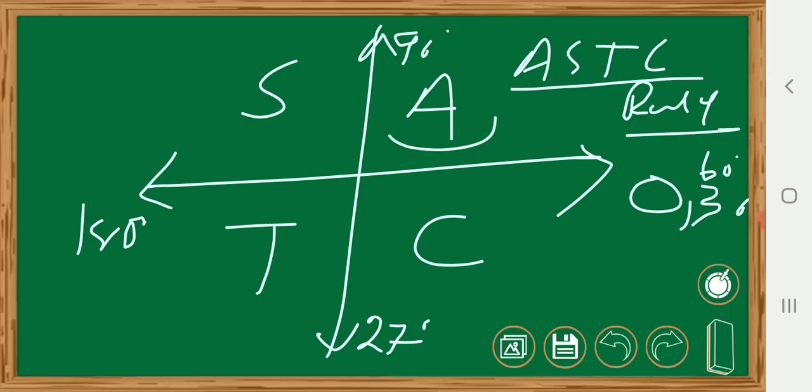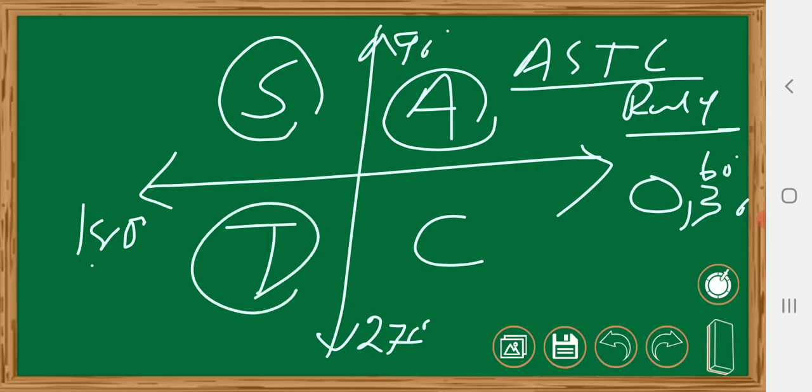In the first quadrant, all the trigonometric functions, that is sine, cos, tan, sec, cosec, cot, are positive. In the second quadrant, S for sine is positive, and as sine is positive, cosec is also positive. In the third quadrant, that means 180 degrees to 270 degrees, tan is positive. So ultimately cot is also positive, because cot theta is equal to 1 by tan theta. In the fourth quadrant, that is 270 to 360 degrees, cos is positive. Cos positive means sec is also positive, because sec theta is equal to 1 by cos theta.